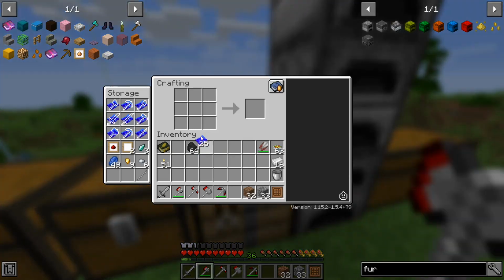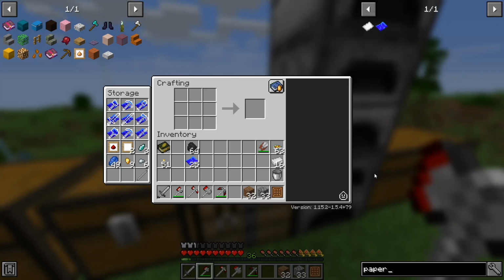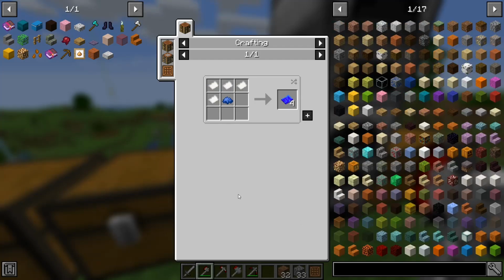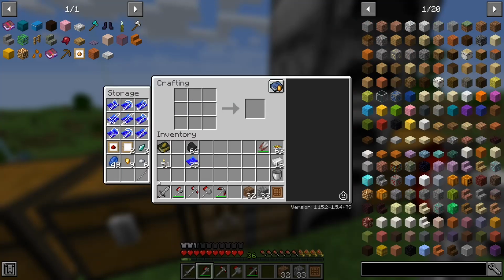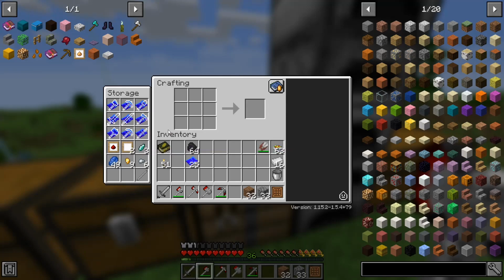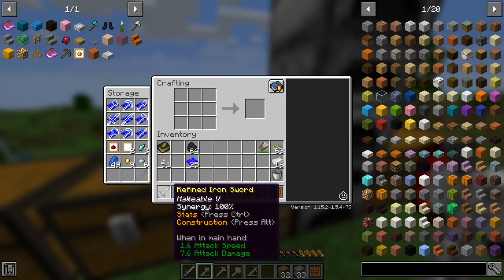And if we go paper, there it is. It's a bit of blue dye and 4 bits of paper, and you get 4 blue pieces of paper for the pattern. And what I've done is I've upgraded the pattern, so we've got the mattock and the hammer and the tool rod. So actually where they were a wooden handle, they've now become an iron rod handle, and